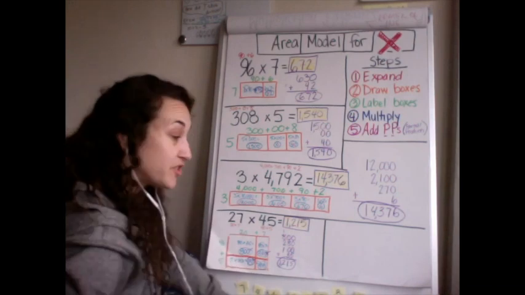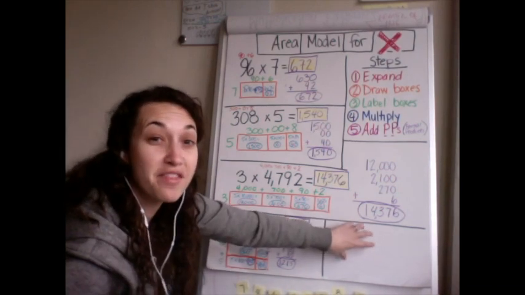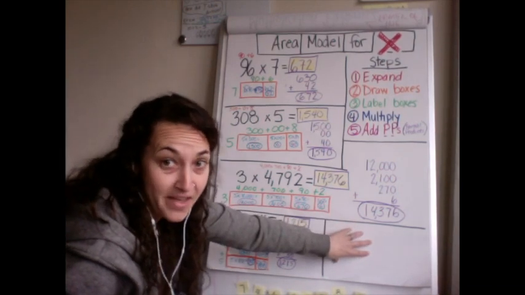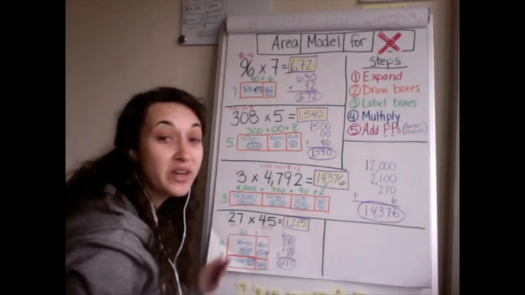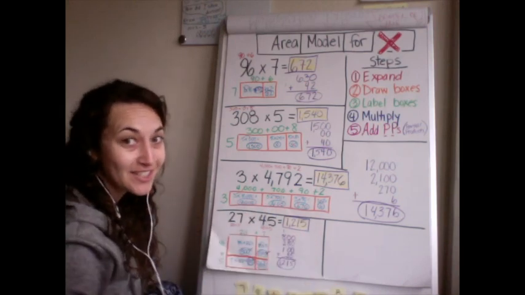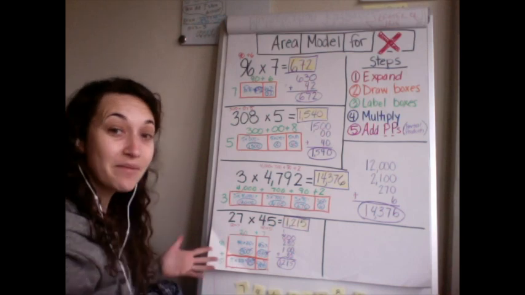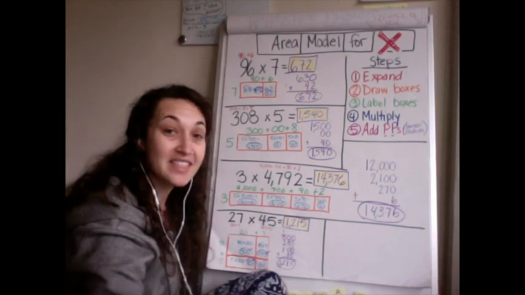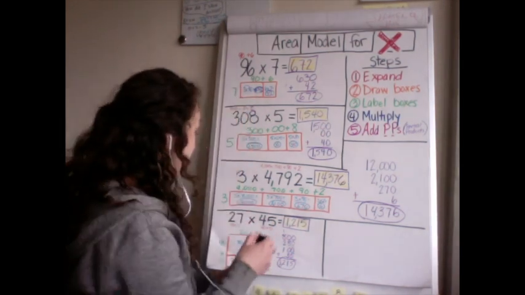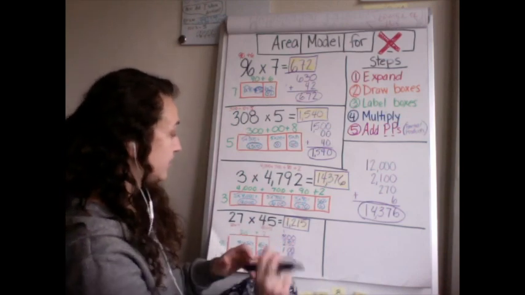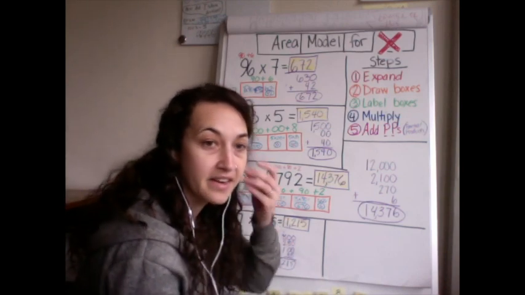The last one that I'm going to do is a 2-digit by 3-digit problem. So we're going to see the same pattern. It's going to continue, and I'm very excited to show you that we'll still get the same kind of answer using the same kind of work. So here we go. I am going to multiply the numbers